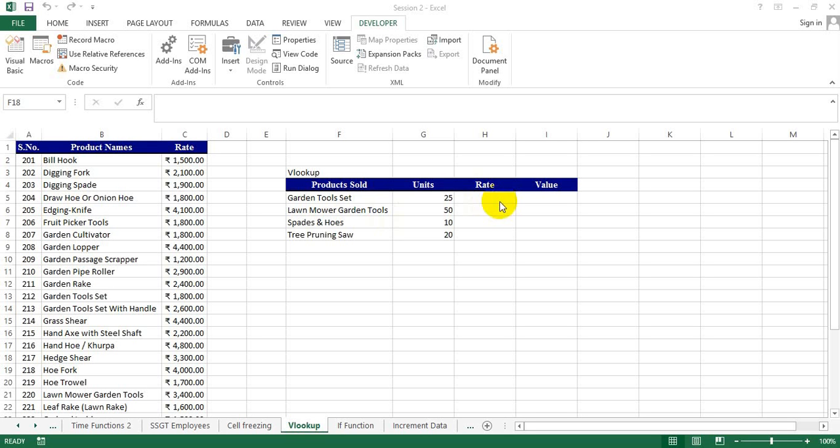VLOOKUP is a very important function in Excel. It is used in situations where you've got a big table array but you want just a specific piece of information. So to do this VLOOKUP example, I have taken the context of an organization which is into selling gardening tools. Here in the table array